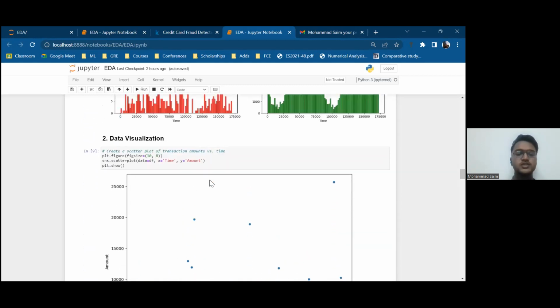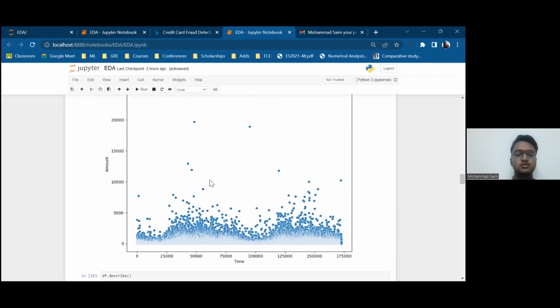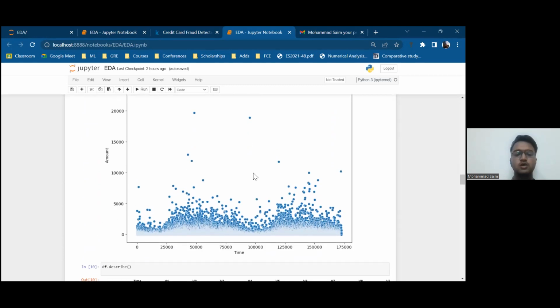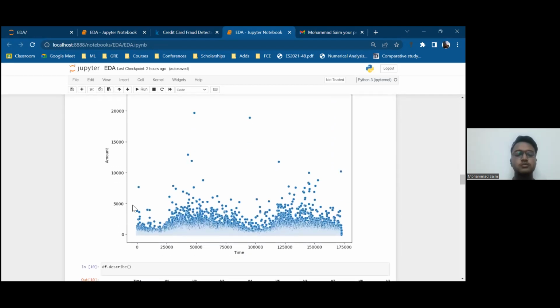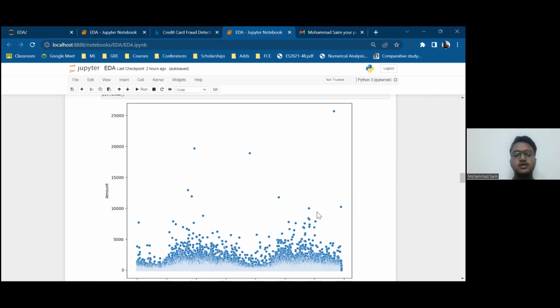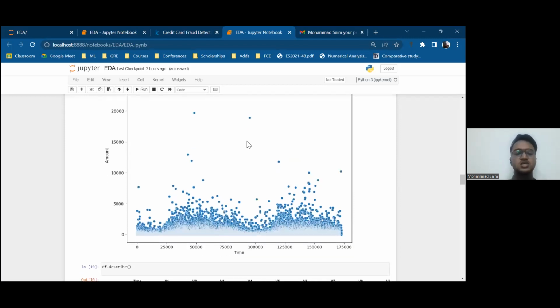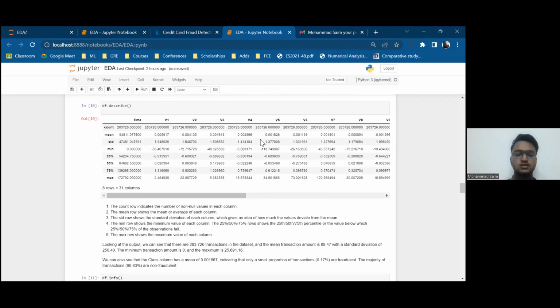If we come towards the data visualization part, you can see what amount people have used for transactions over time. Mainly you can see that people have done their transactions below 5,000, with some exceptions going up to more than 25,000. But these are just some of the cases. And then we can